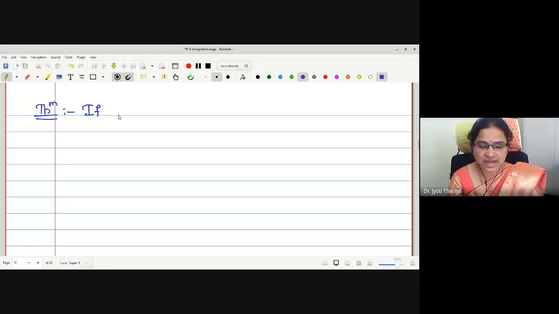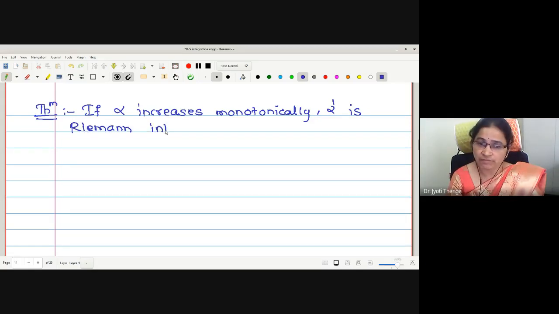Here the theorem states that if alpha increases monotonically, and alpha dash is Riemann integrable, and f is bounded and Riemann integrable,